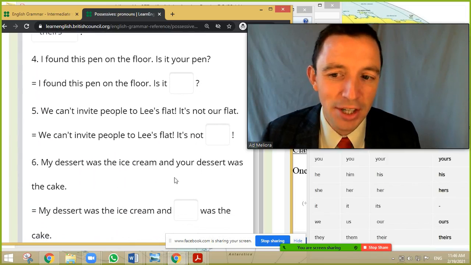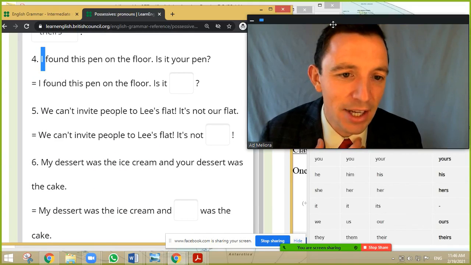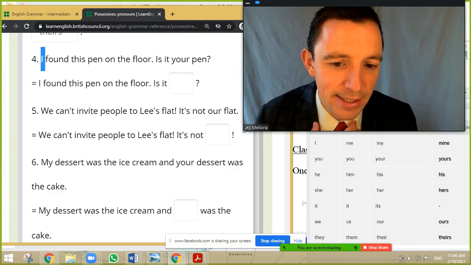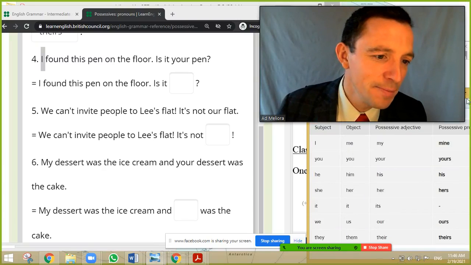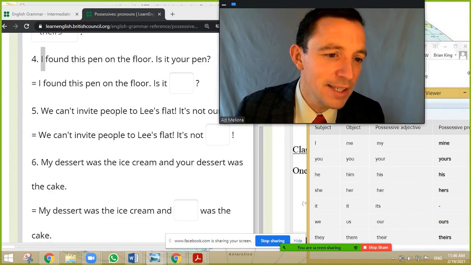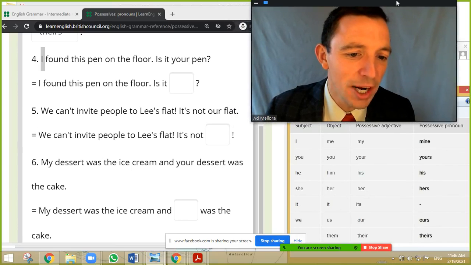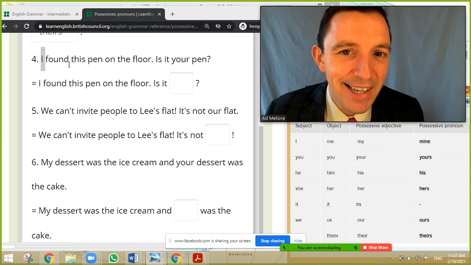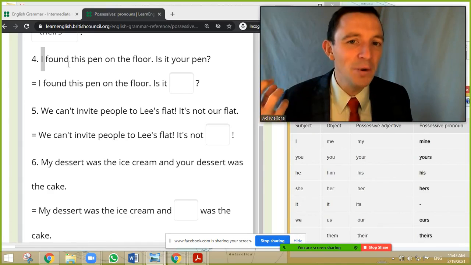The next question, subject pronoun I, and you can see in the column, okay, so subject pronoun is I, and here I'm going to move this a little bit so you can see again. There's a lot of movement in the Skype and the Zoom. So that's the possessive pronoun, you can see. So the subject pronoun here is I. The verb is to find. It's irregular. Find in the present, found in the past simple, and found in the participle.